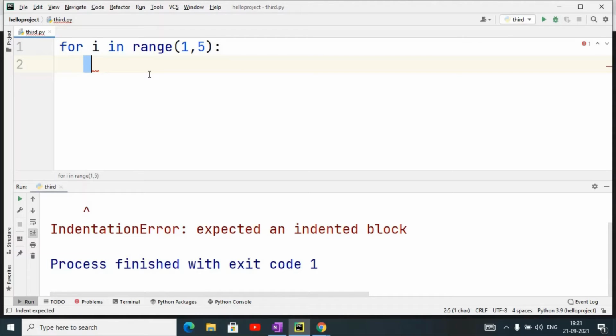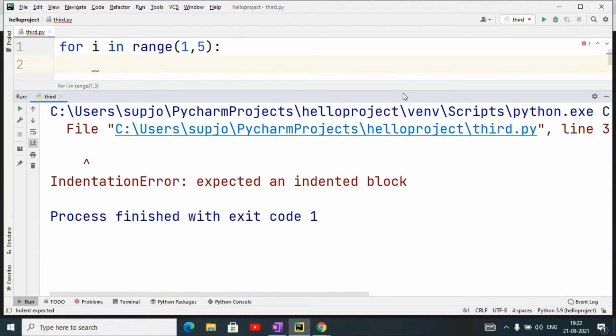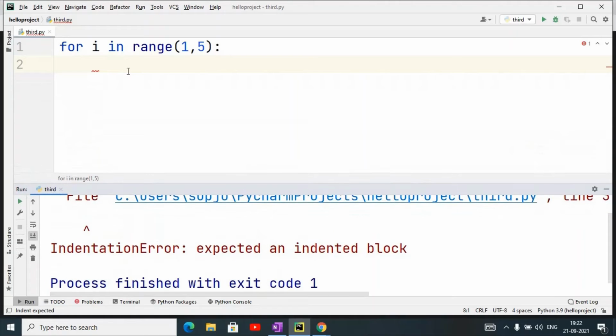I don't want to give any statement, but if I do not give anything, it will generate errors, as you can see here, because at least one statement I have to give.